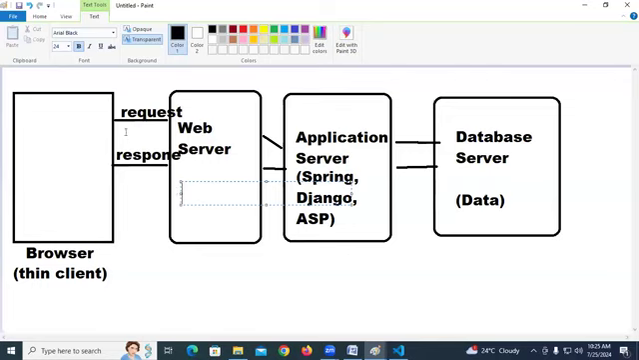But web server can take only request and generate a response. Is web server's role static or dynamic? Static. But if you want certain things